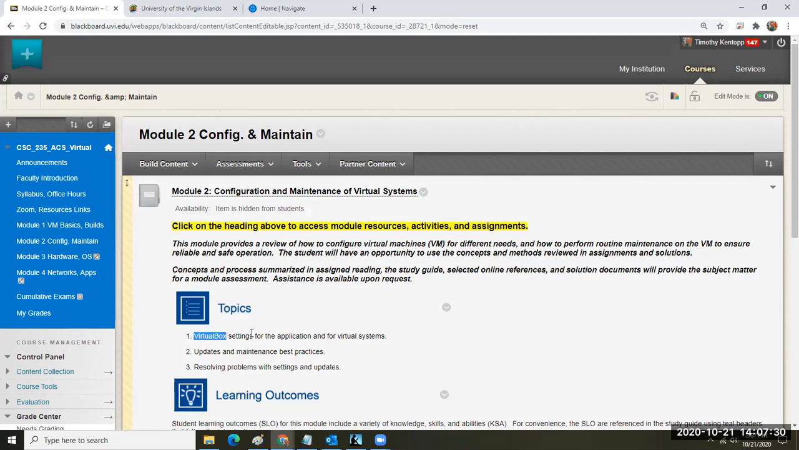So in a nutshell, if you understand the settings for both the application, the VirtualBox application, and for the virtual systems themselves, there's two levels of settings, two levels of configuration that you need to work in order to maintain your virtual systems. One has to do with the application, VirtualBox itself, and the other one has to do with the actual virtual systems that are running within VirtualBox. So you have two levels of settings, and then